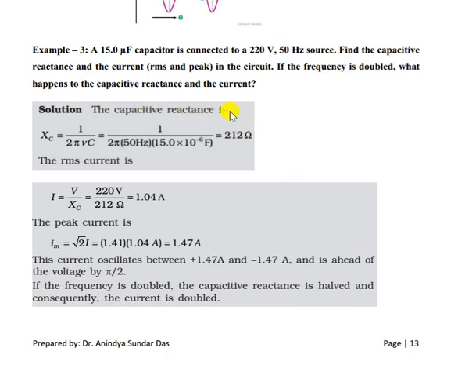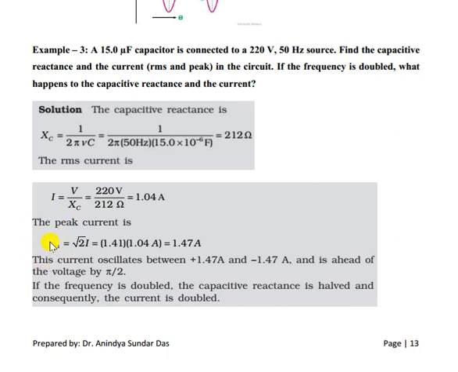Now capacitive reactance Xc is nothing but 1 by omega C. Omega is nothing but 2 pi F, or 2 pi mu, you can write. So with F as 50 hertz and C as 15 microfarad, that is 15 into 10 to the minus 6, you get 212 ohm. The units of capacitive reactance and inductive reactance are both ohm. Now I equal to what? Nothing but V, 220 volt, divided by this ohm. So 1.04 amps. This is your RMS value because V is RMS.